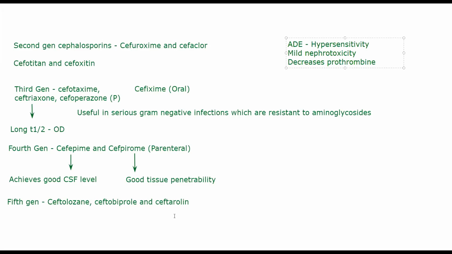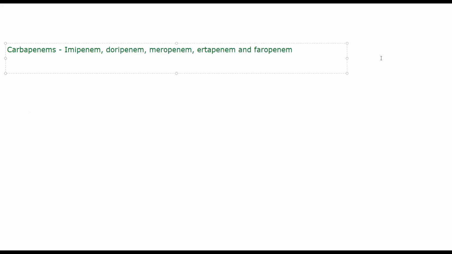Okay, now coming to the next class, carbapenems. Carbapenems क्या है? You have certain drugs. Okay, you have imipenem, doripenem, meropenem. Meropenem is very common. I'm sure you must have seen it somewhere or the other. Ertapenem and faropenem. Okay, 5 examples. बस है. The main important or common ones that you see are meropenem, imipenem, and you will see ertapenem also. Doripenem and faropenem are not used as much, but you will see them in specific cases. They are also very helpful.